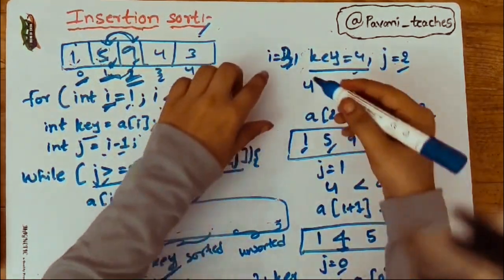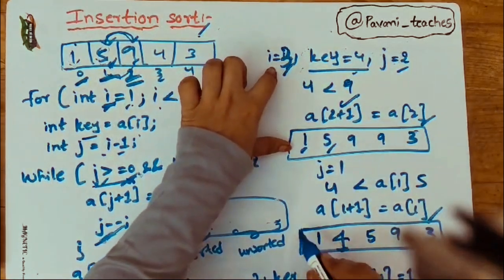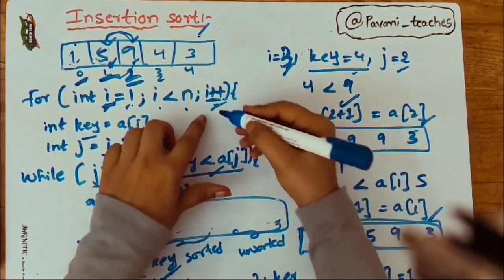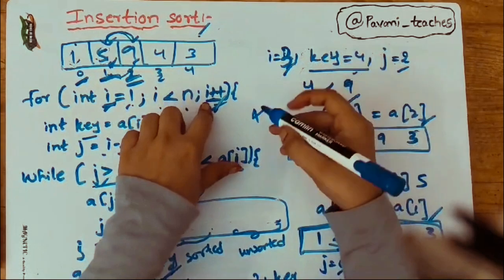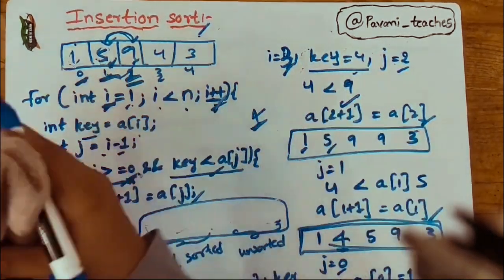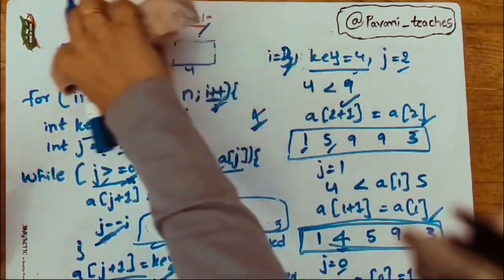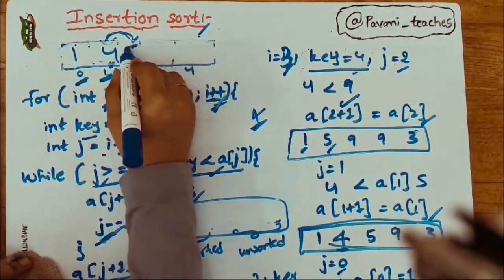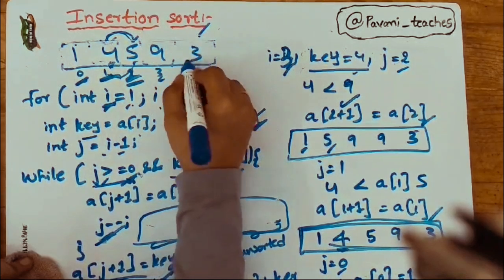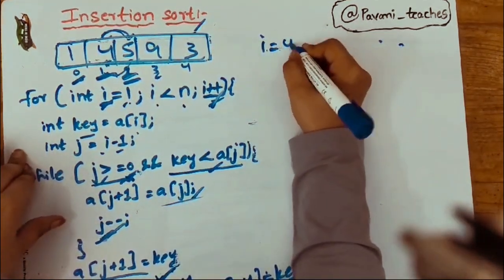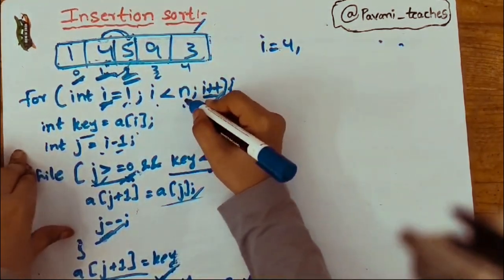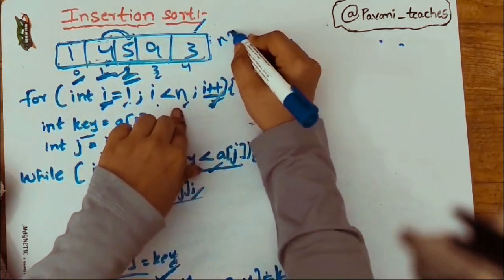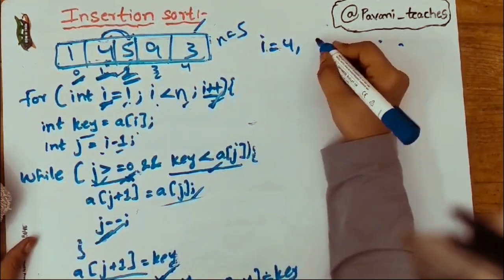Okay, at the third iteration, the array will be this. Again we have to increment the i value by 1. Now i will become 4, and the new array after the third iteration is 1, 4, 5, 9, 3. Now i equal to 4. Okay, as i is less than n, where n is equal to 5. Okay, now key value will be